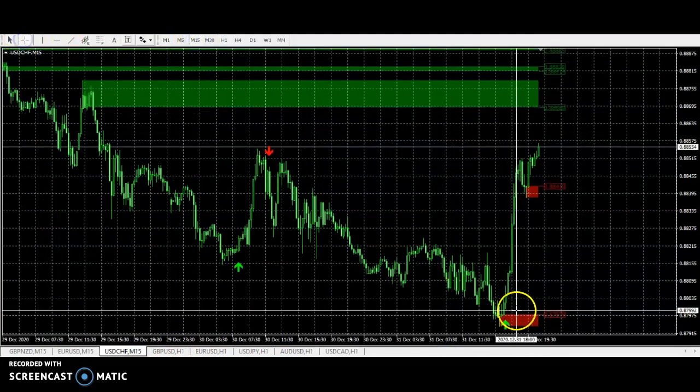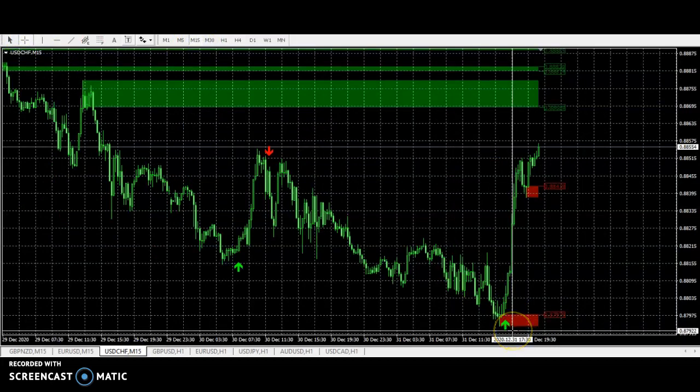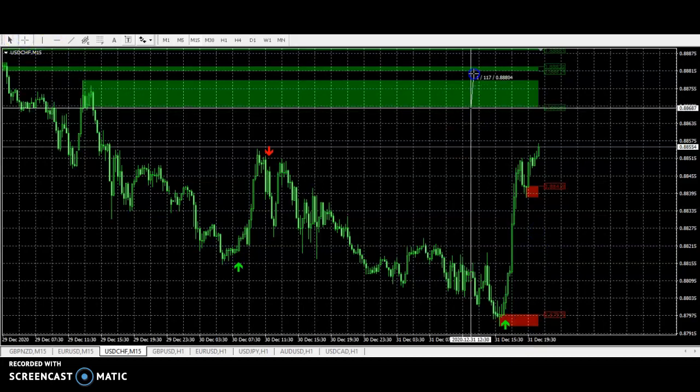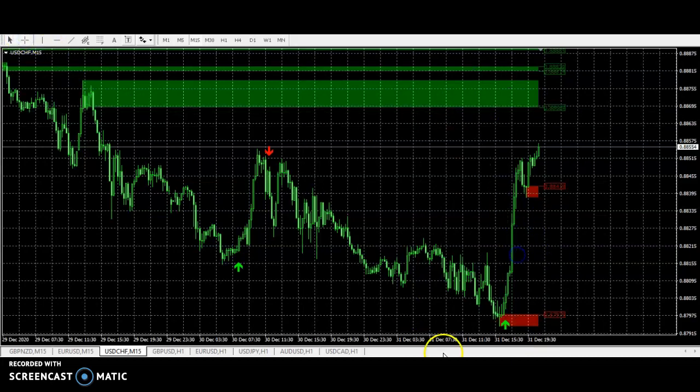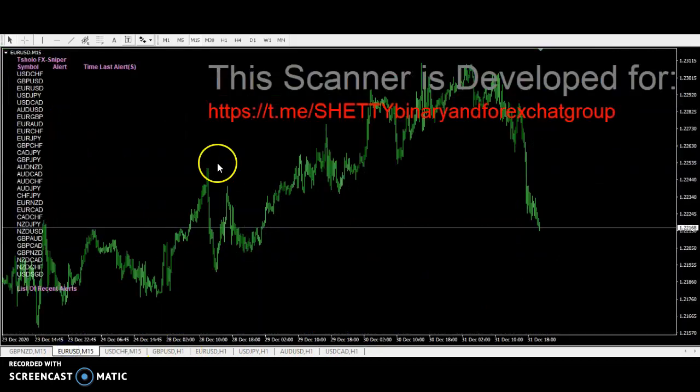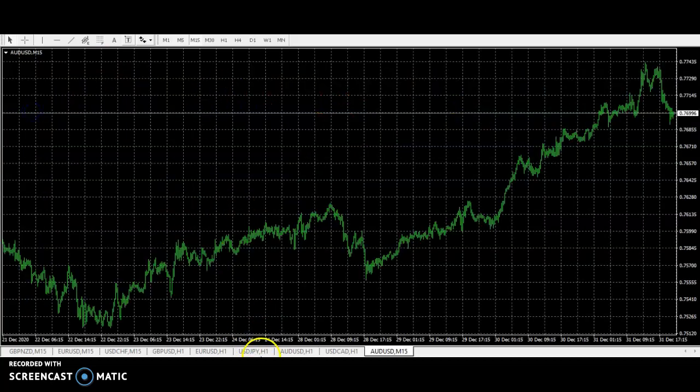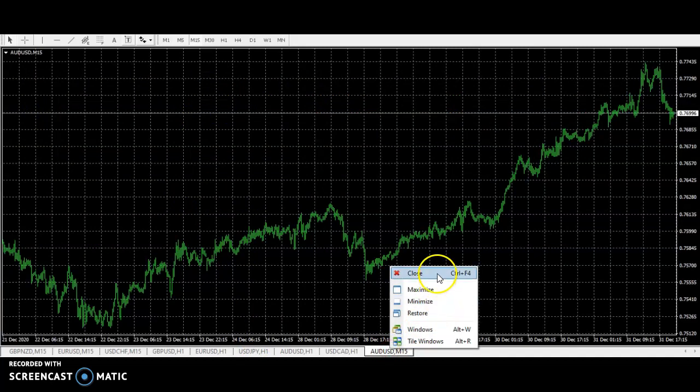So whenever I get a signal, I keep my stop loss here, getting my point? Or below the arrow, or below the resistance, or above the resistance, sorry. Automatically you will get a good result over here. Okay, so this is one of the good indicators, and you don't have to scan all the pairs. Automatically a single chart will scan all the pairs for you. Whenever a signal comes on any pair, it will pop up and give you a signal over here. Just click the pair on the chart and that pair will be opened automatically.